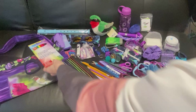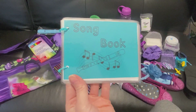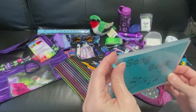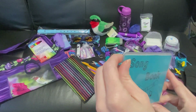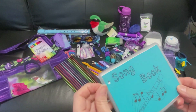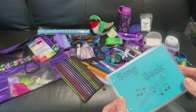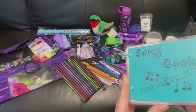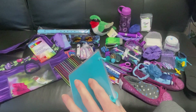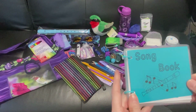She has colored pencils. For her recorder, I made her a songbook. I laminated it. I had to brainstorm and search how to put the book together, because I didn't want to staple it, since it's small. But of course now that I have a long stapler, I could have easily stapled it together,